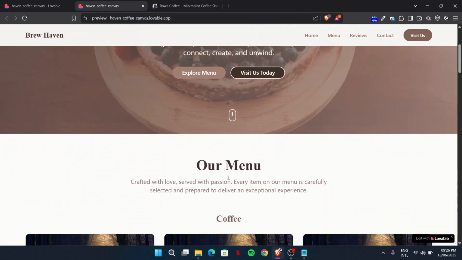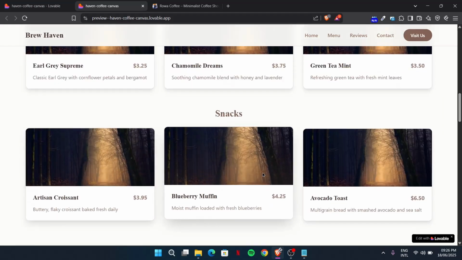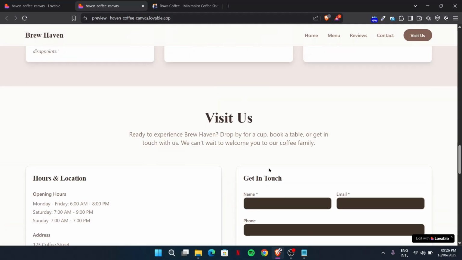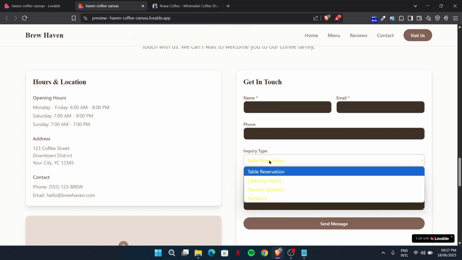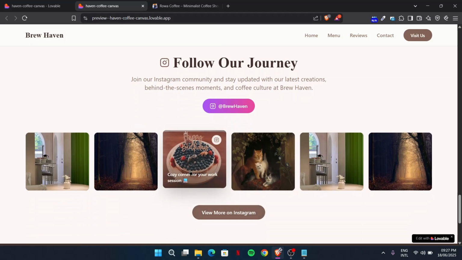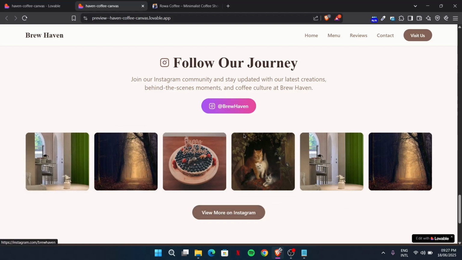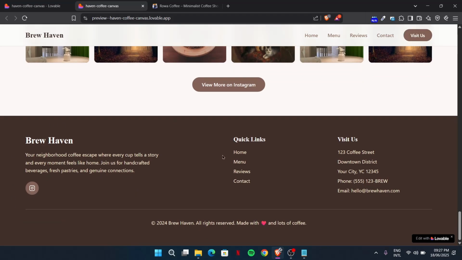Okay, okay. The testimonial section we asked for, the contact form, it's working. I think Lovable did a horrible job here because I can't even read the text properly. The fonts, yeah. The Instagram integration, I think, is done very well. You can see, and if you go to the footer, it's pretty good, not too good, but